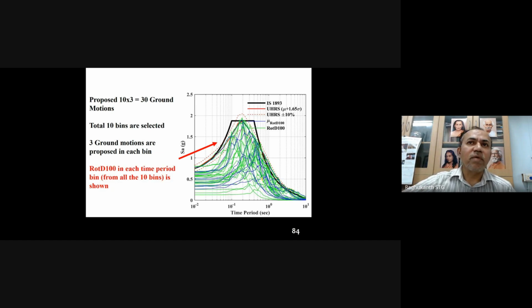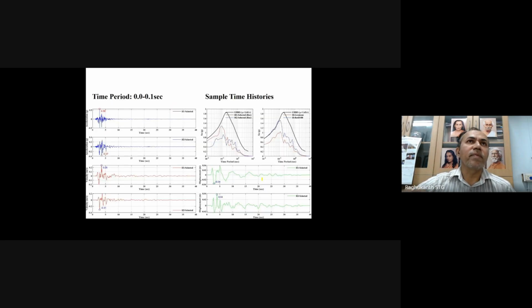So many ground motions we have given, and all of them have been tabulated nicely and documented. If you see the annexures at the back, we have given the names and the ground motions. You see they have been nicely filtered to remove all those irregularities. So these 30 are nice ground motions which you can use for seismic assessment and seismic analysis. The time history analysis you can do with these ground motions.